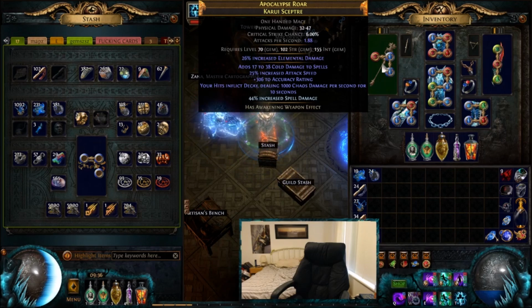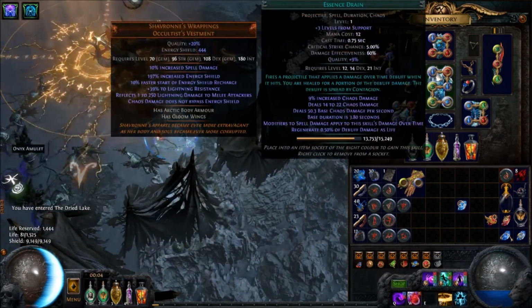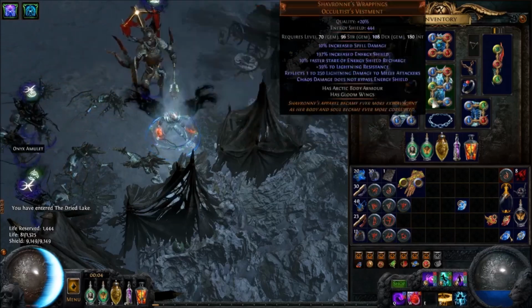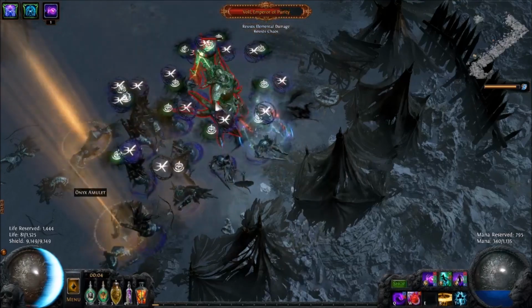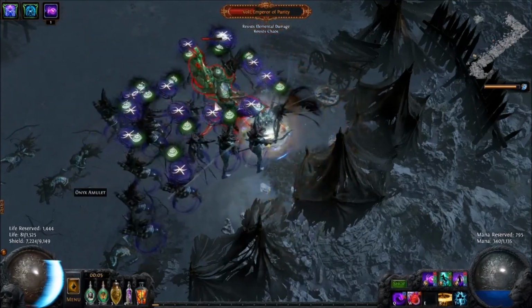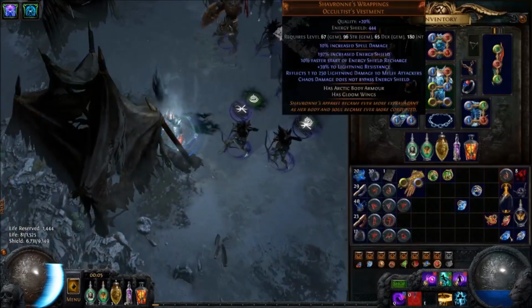The decay weapon comes from Essence of Delirium. You roll it on a weapon and it will always give you this mod of 1000 chaos damage done over 10 seconds. Now this decay mod becomes actually quite insane and carries a single target very much so when scaled just like Essence Drain does through spell damage, chaos damage, damage over time, and your gem links